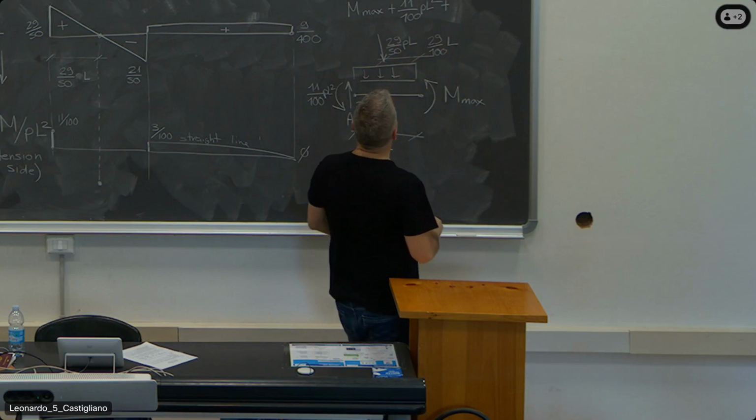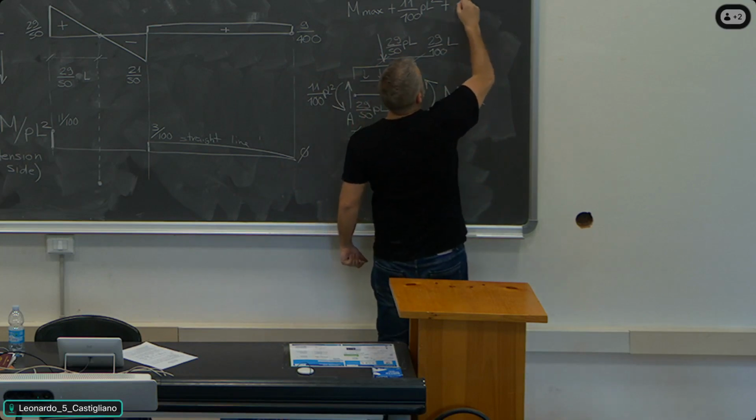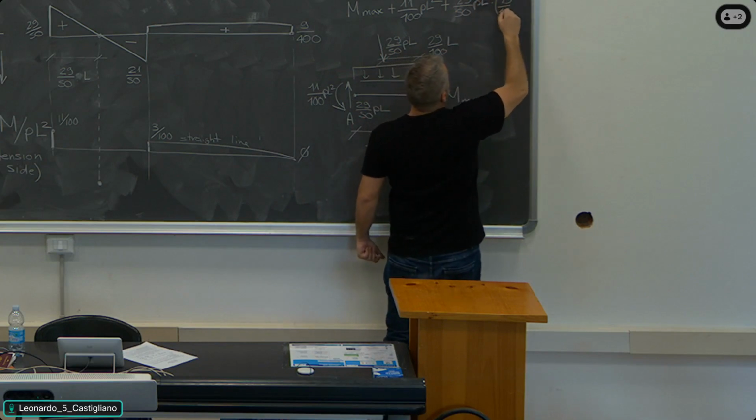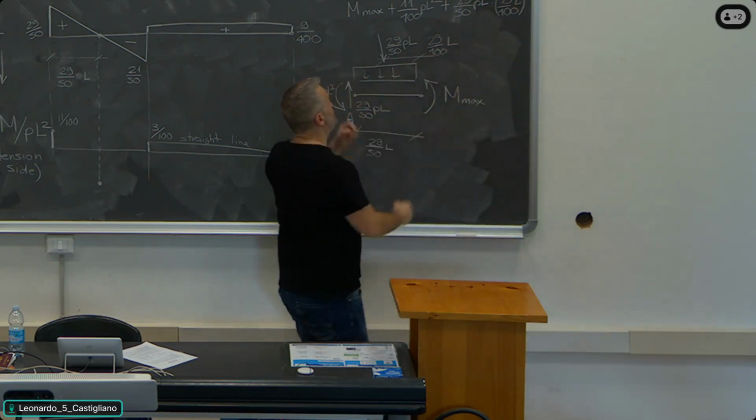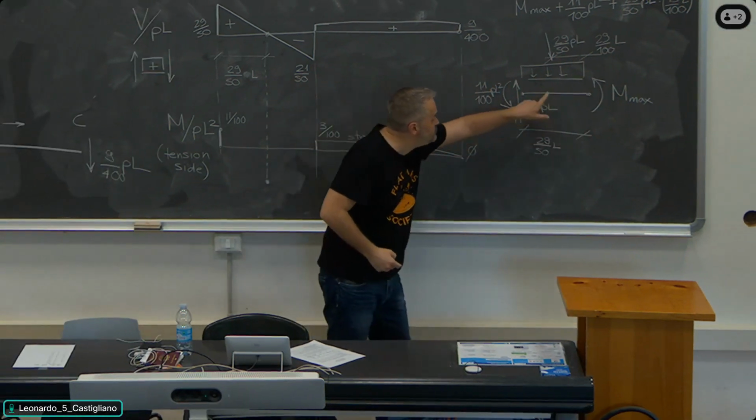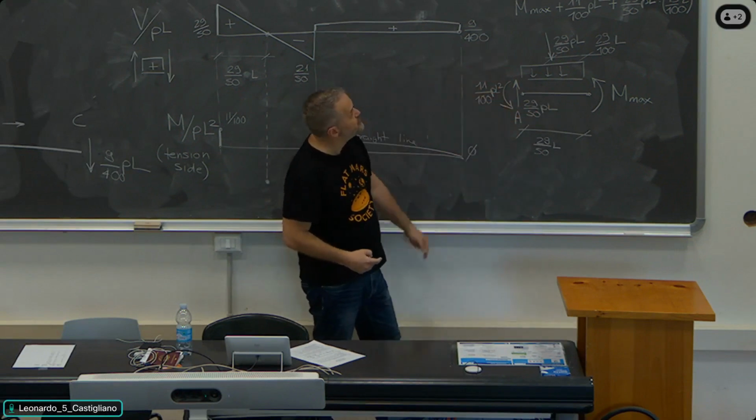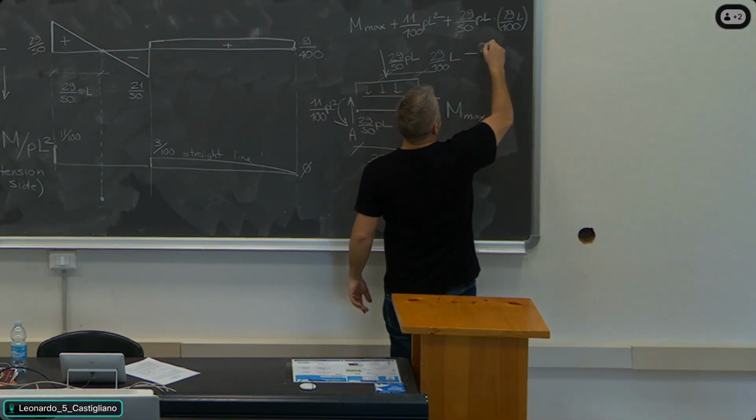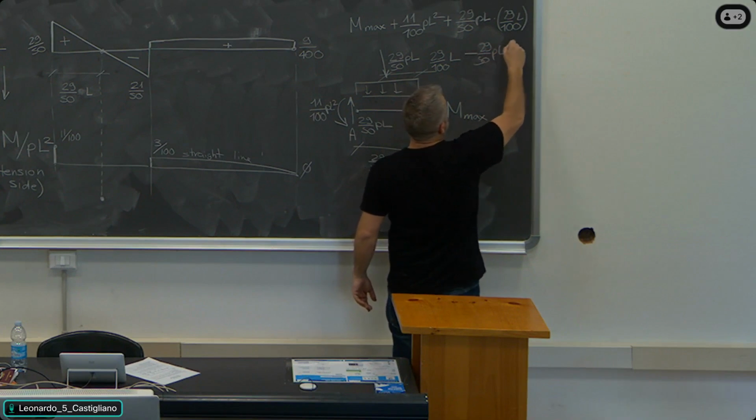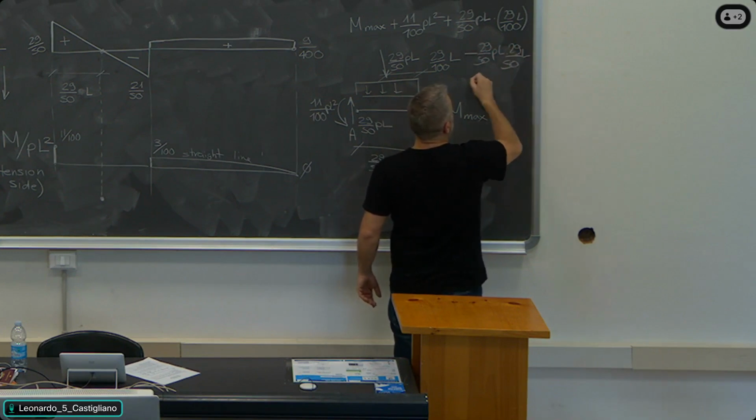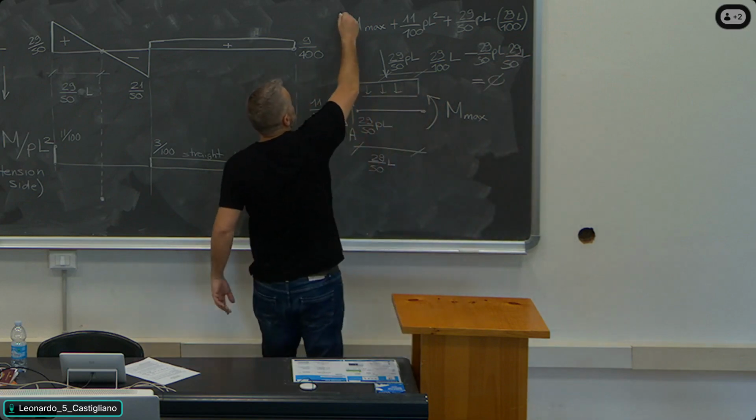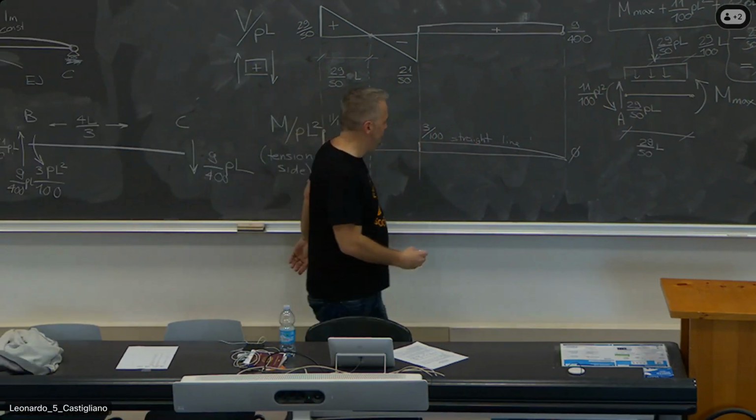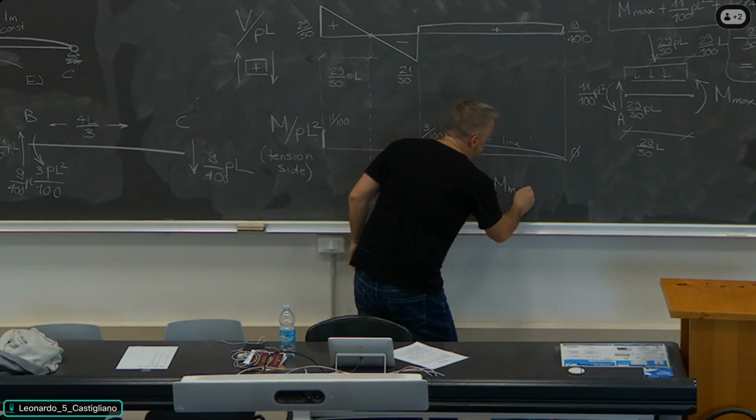So what I have here is plus 29 divided by 50 PL times 29 divided by 100 L. This is the contribution of the distributed load. And then I have the contribution of the shear force, which is clockwise. So it's negative. Minus 29 divided by 50 PL times 29 divided by 50 L equal 0. Sorry, the equation is a little bit messed up. Okay? So in the end, the result is M max equal to